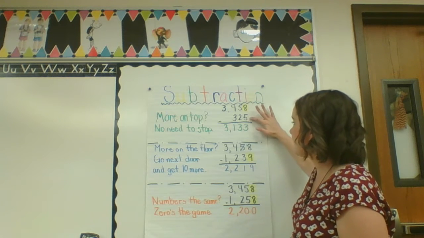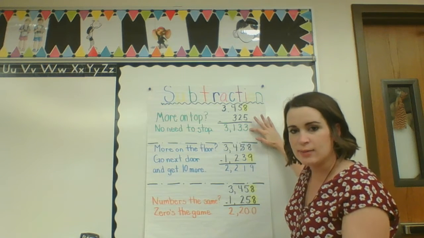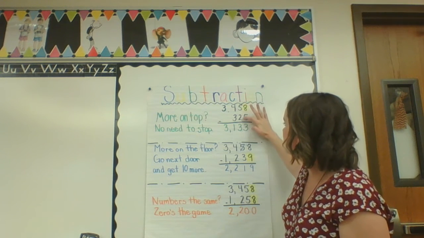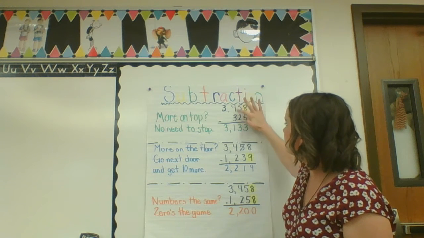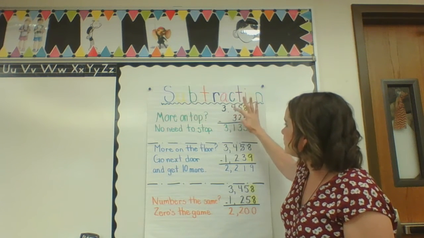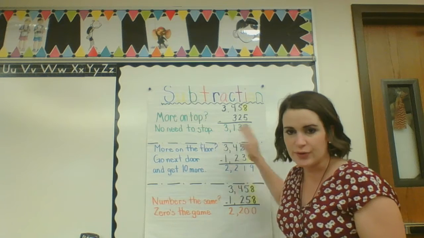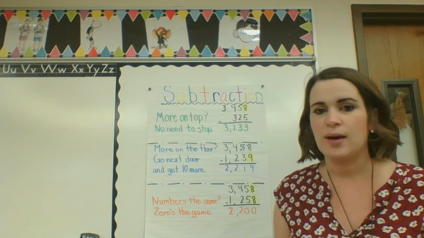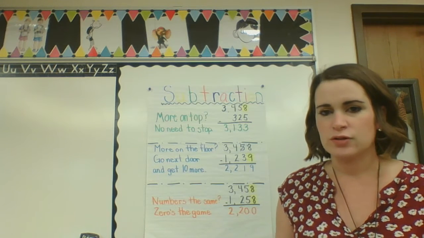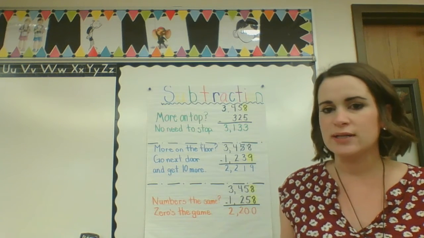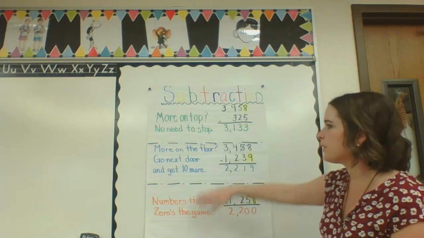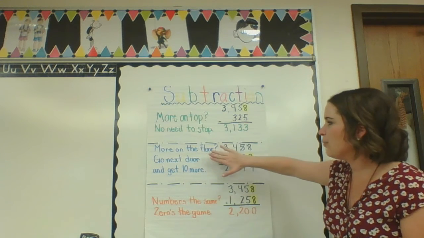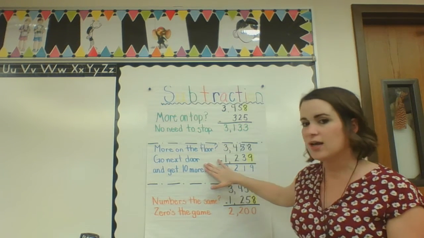So 8 minus 5 is 3, and I can keep going on. 5 minus 2 is 3, 4 minus 3 is 1, and 3 minus 0 is 0. So we get 3,133. I didn't have to stop at all to do any regrouping. So just remember, if there's more on top, you don't need to stop. Okay, so the next part of our little poem is more on the floor, go next door and get 10